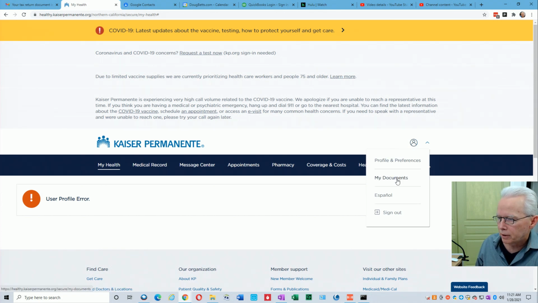Well, let's see what happens if I go to my documents, because remember I'm trying to get to a document here, right? So we're going to blur that again. Click on my documents, see where it goes. Aha! So this does get me to a sign-in screen. It has my user ID and the password kind of, well, you know what, I'm going to do a quick blur